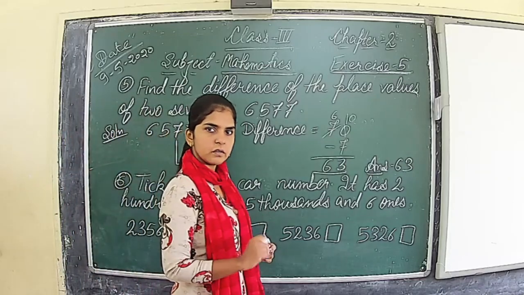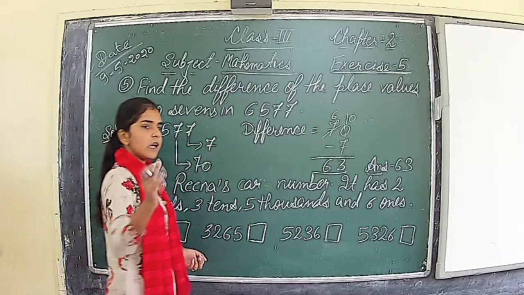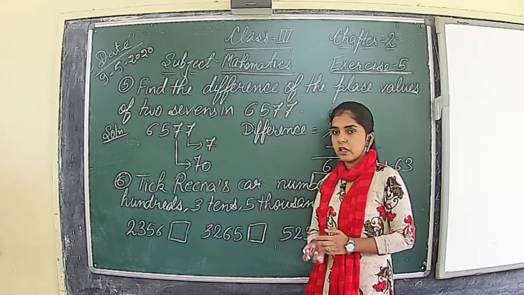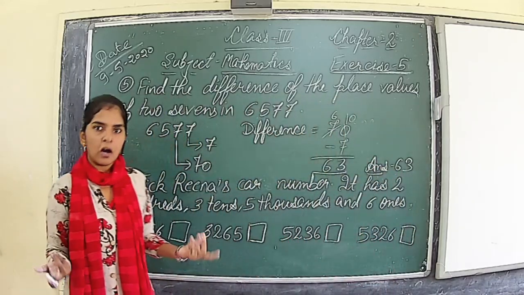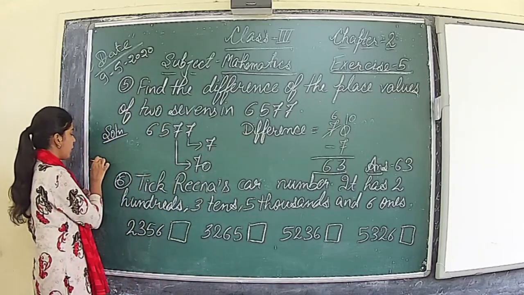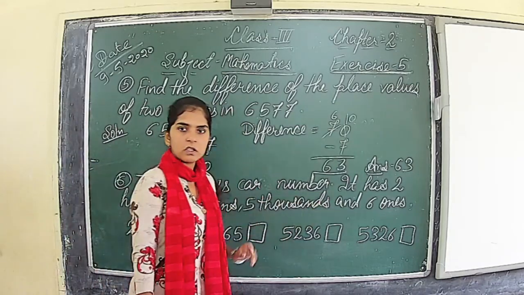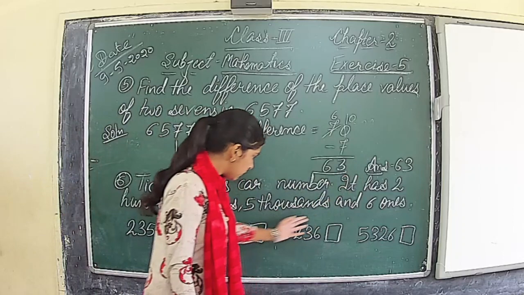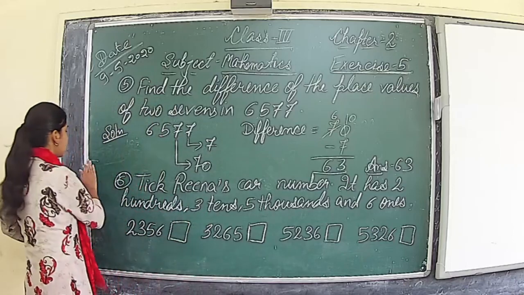So, if I want to write a number from my left hand side, can you tell me which place it should be there? Which place must be there if a number is of 4 digits? You will say, ma'am, it is obvious 1,000, right? So first of all, we have to find the digit at 1,000 place. Amongst the 4 digits, which digit is with 1,000? Here it is, right? There is 5,000. So first digit should be 5.